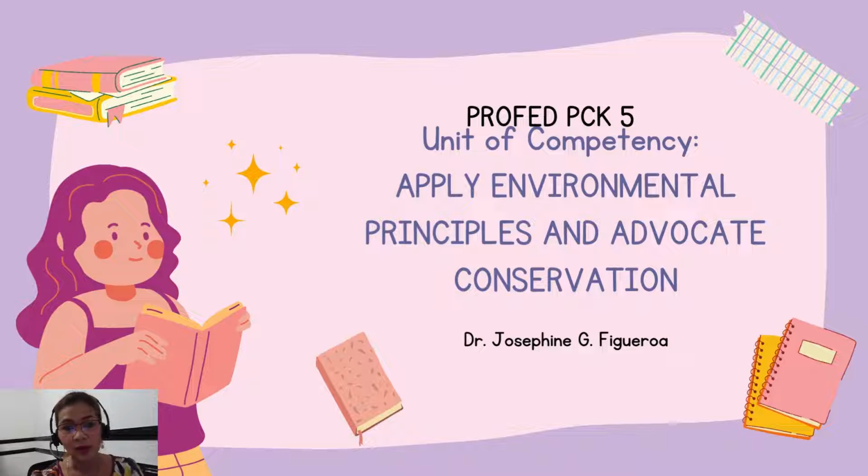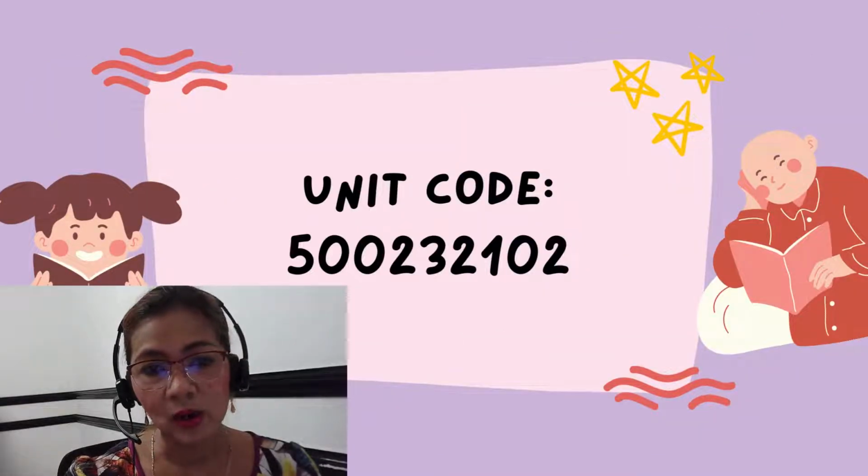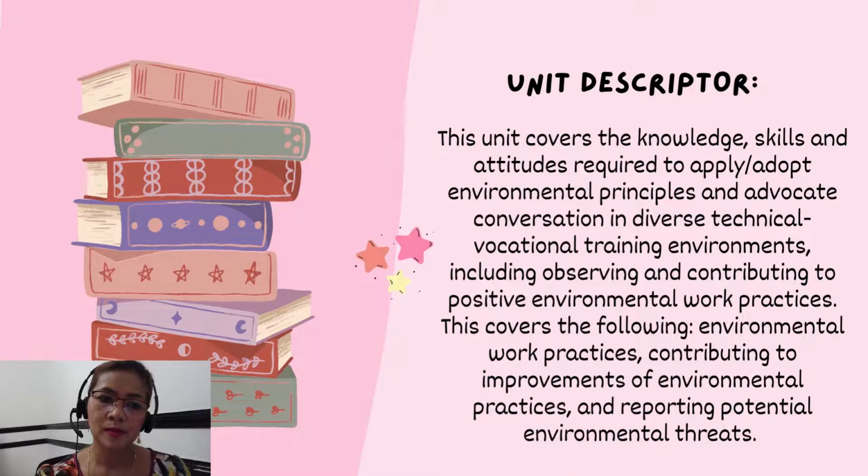Figueroa. Today we will be discussing the units of competency in trainer's methodology, apply environmental principles, advocate conservation. And the unit code for this competency is 500-232-102. The unit descriptor: this unit covers the knowledge, skills, and attitude required to apply or adapt environmental principles, advocate conservation